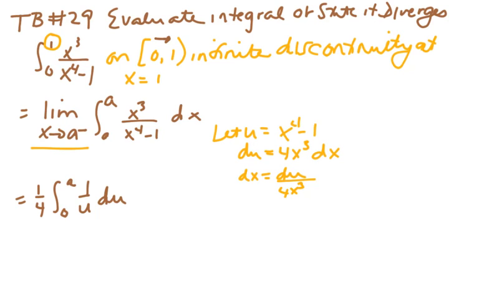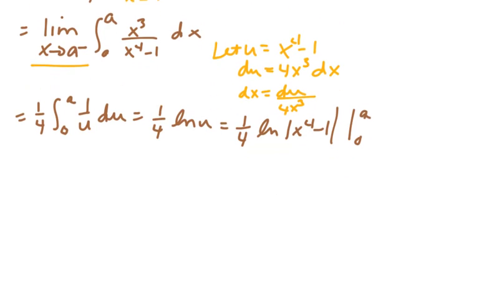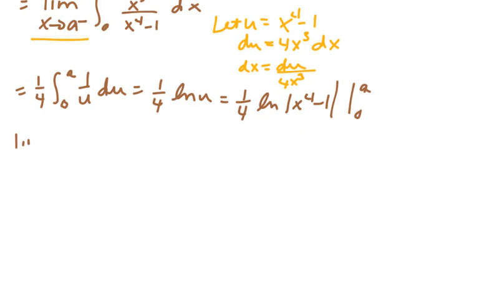So take the antiderivative, and I get 1/4 ln of u. And I'm going to back substitute. This is 1/4 ln of x to the 4th minus 1. And then evaluate that between 0 and a. So I'm going to put the limit back in. Actually, I'm going to pull out that 1/4. So this is the limit as a approaches 1 from the left of 1/4